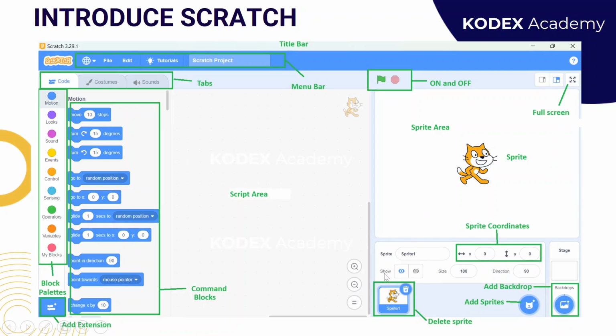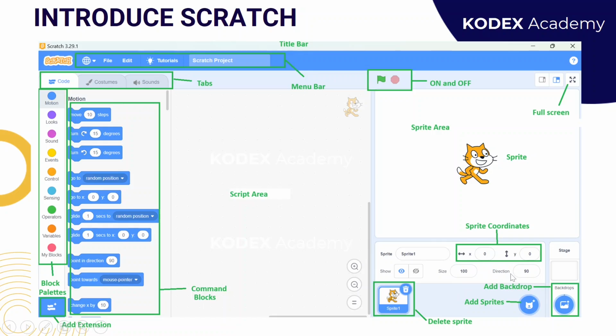Now you will see there are two icons. This blue one is showing show of sprite and the other one is represented as hide. Whenever you select this one, your sprite automatically gets hidden, and once you select show again, your sprite is automatically visible on the sprite area. Here this one can change the size of the sprite. Like here, this is the standard 100 size of any sprite. You can reduce it or you can increase it as per your requirement.